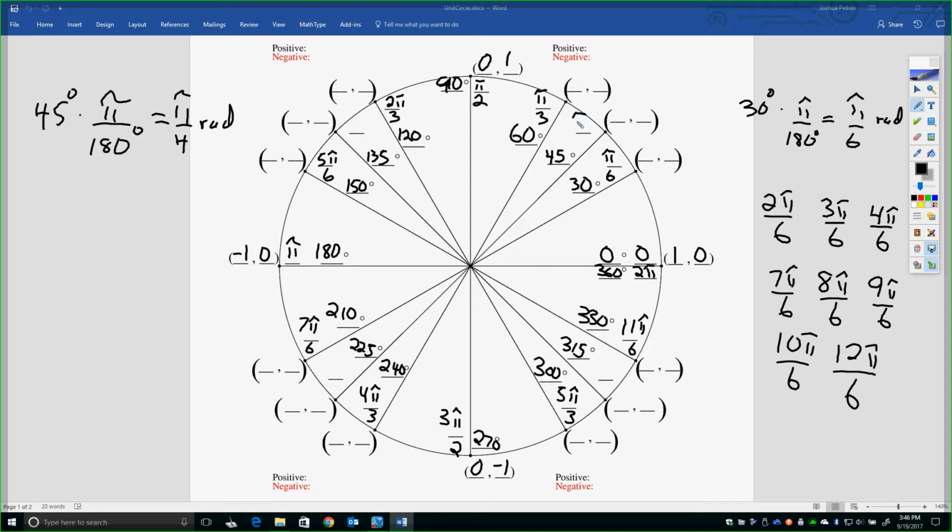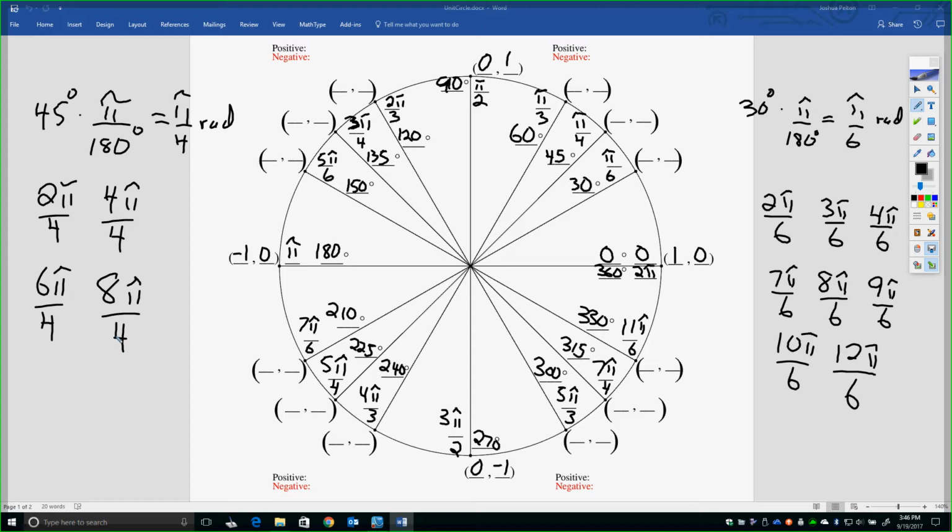So we have 1/4, 2/4, right? 2/4 is pi over 2, we already have that. Then we have 3/4. Then we have 4/4, which is pi, we already have that. Then we have 5/4. The next one being 6/4, which we already have, that's 3 pi over 2. The next one's going to be 7/4. And lastly, 8/4, which is of course 2 pi. We already have that. Okay, so now we have all the radian and degree measures, and the next is the